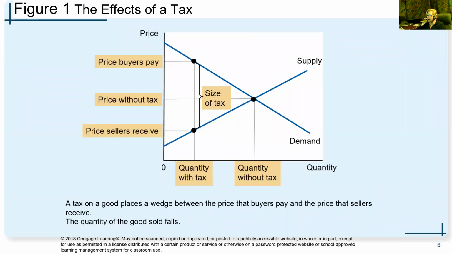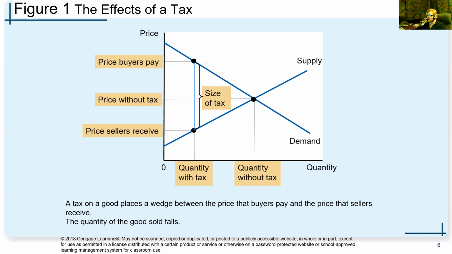Okay, so here we have the effects of a tax. Notice that they did use the tax wedges. Just a couple important points to remember. The first one is that the price buyers pay is on the top, and the price sellers receive is on the bottom. This would be our traditional price equilibrium, the price without the tax. Then what we do is shove that tax wedge in. And remember, here's the amount of the tax right here. We really just took a wedge, kept it vertical, and kept shoving it in until it touched the demand curve and the supply curve.